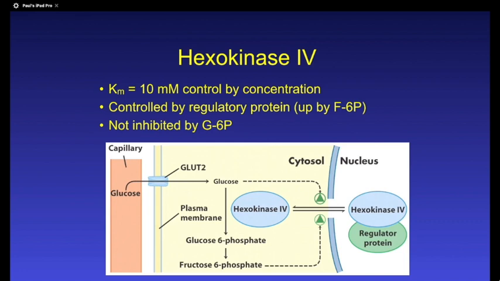Now, here's the thing about the liver. The liver very rarely ever goes through glycolysis. What actually happens is this glucose almost exclusively gets stored in the liver. That's our main use of glucose inside the liver. This step right here is the first step in glycolysis. If I now have so much glucose in the liver and my storage is complete, I might actually start glycolysis. And that's a bad thing,